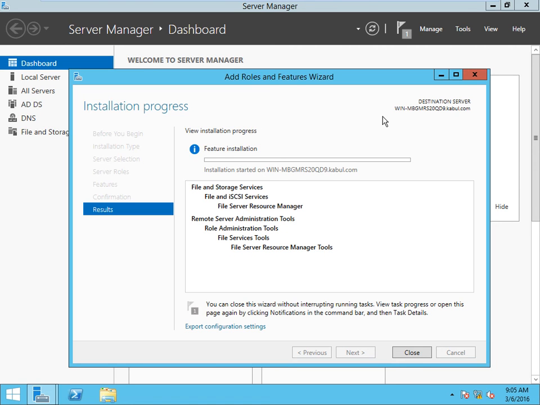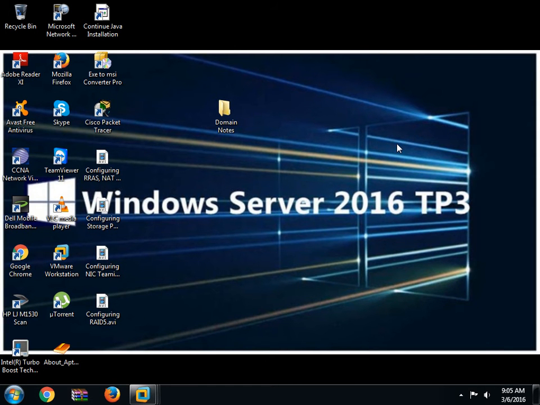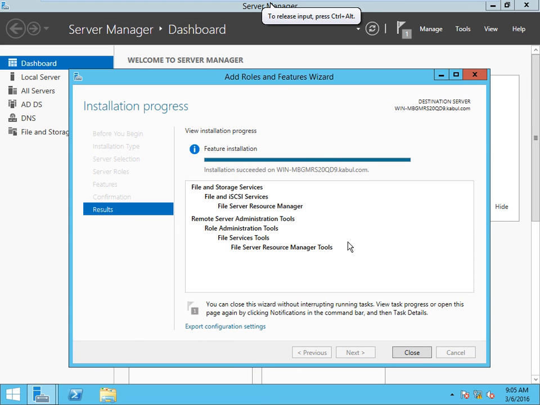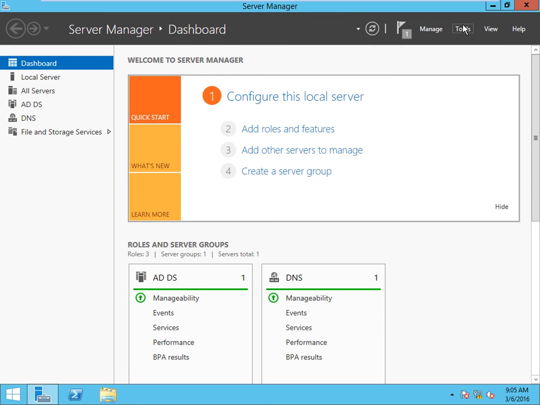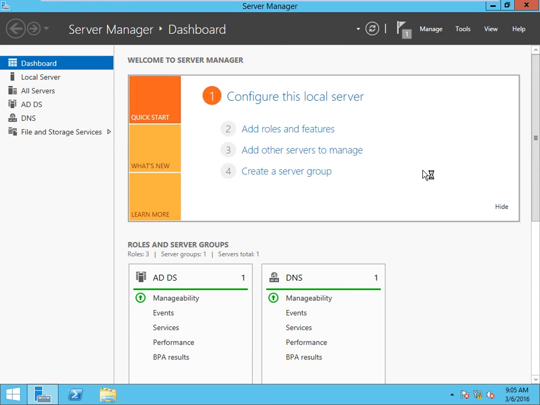I will show you. This is the new feature of the server. So guys, installation succeeded. Close. Here, File Server Resource Manager. Open this.